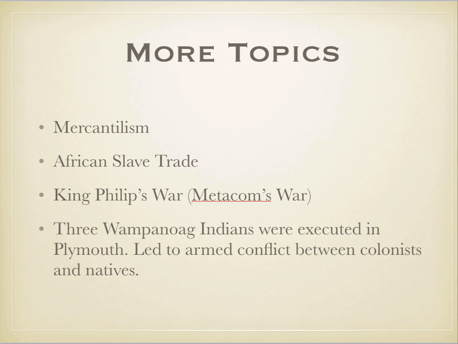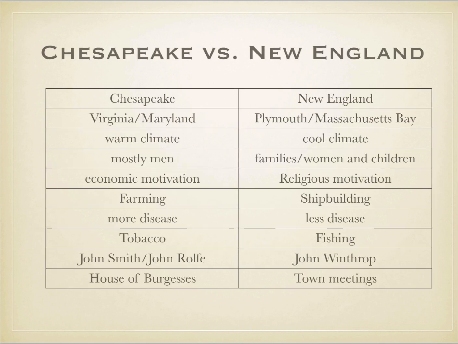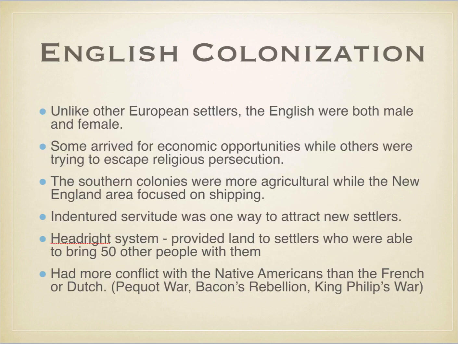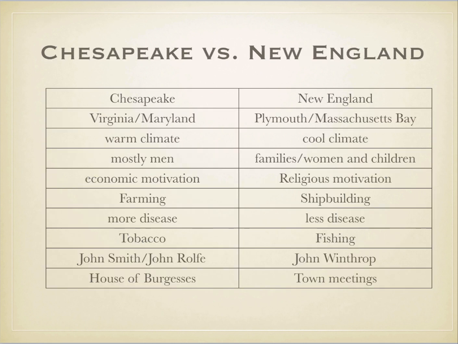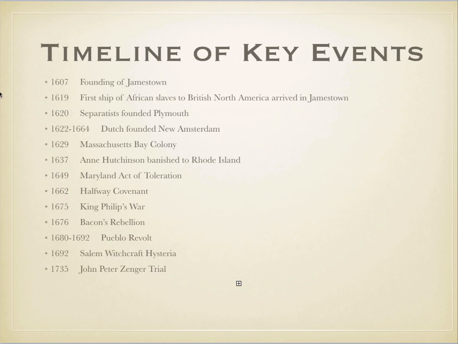I'm realizing what I did not do is Bacon's Rebellion, and I apologize for that. So I should find it and go over it. It's in the Chesapeake region, and Bacon's Rebellion, I guess we'll go to the timeline, it really shows basically that in the Jamestown colony, the wealthy people on the coast had kind of a secret deal with the Native Americans that they would not interrupt their trade.